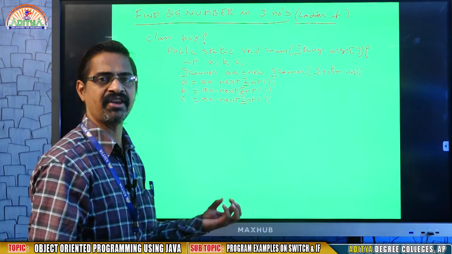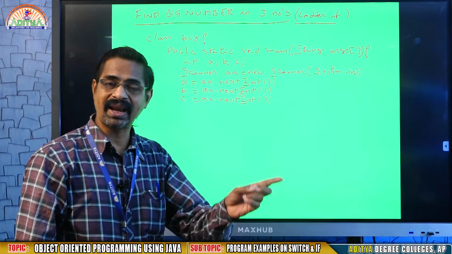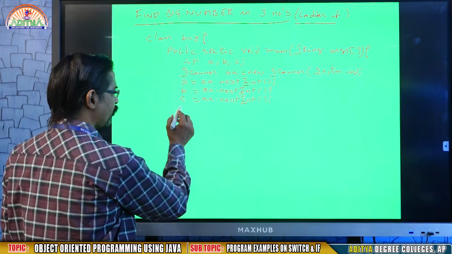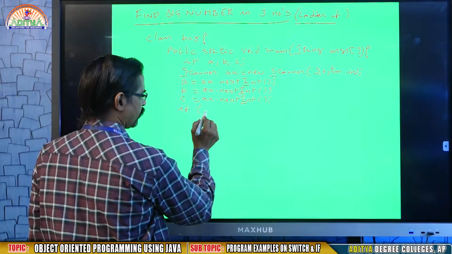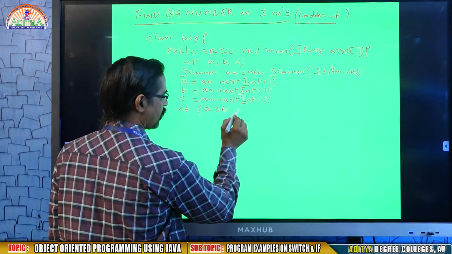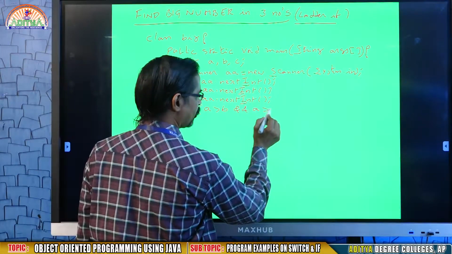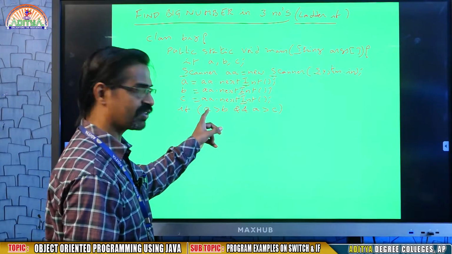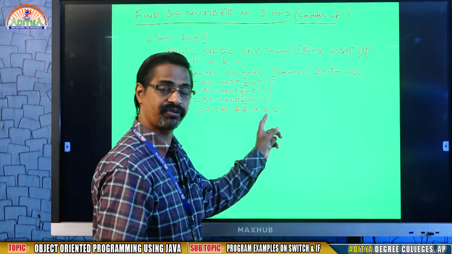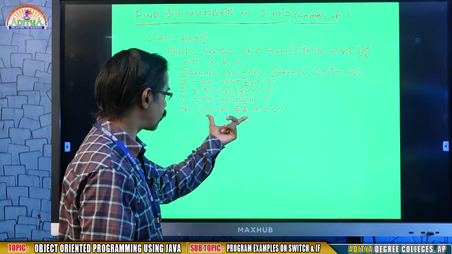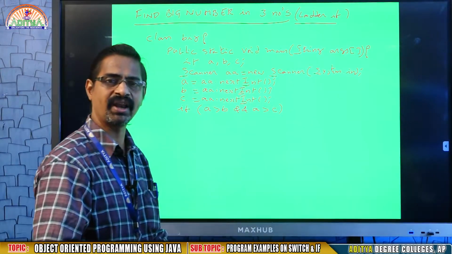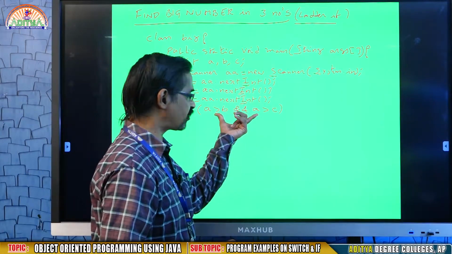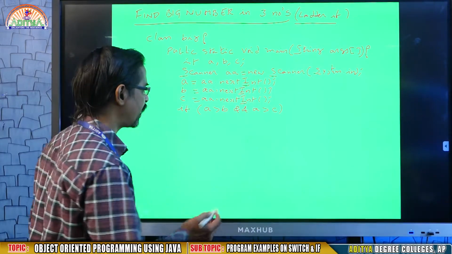As you know already, when a is big, a must be greater than b and c. So how do we write? If a greater than b and a greater than c. The AND operator represents that both conditions must be true. If a is greater than b is true and a is greater than c is true, then true and true is always true. In the remaining cases with the AND operator, it will be false. Then I am going to write